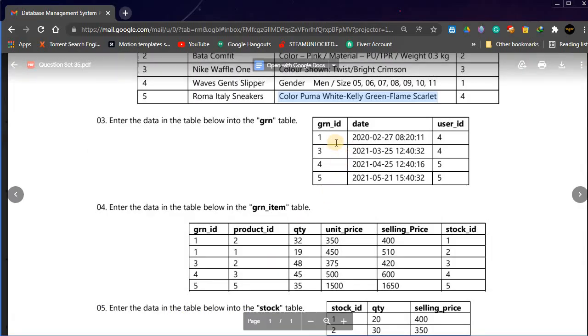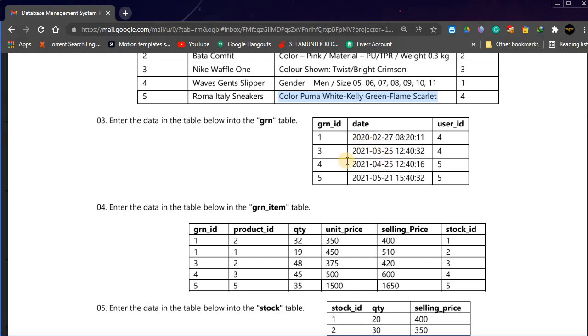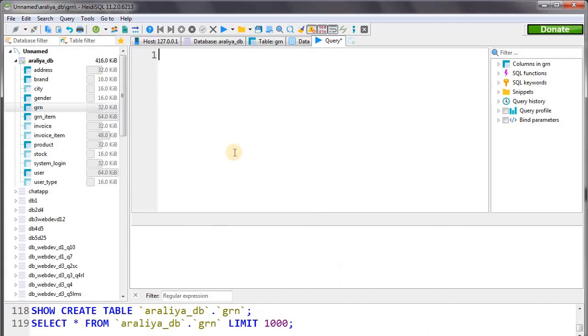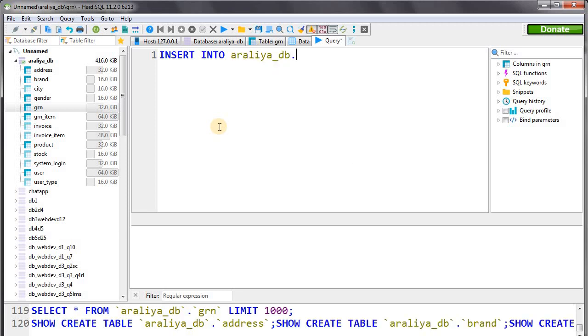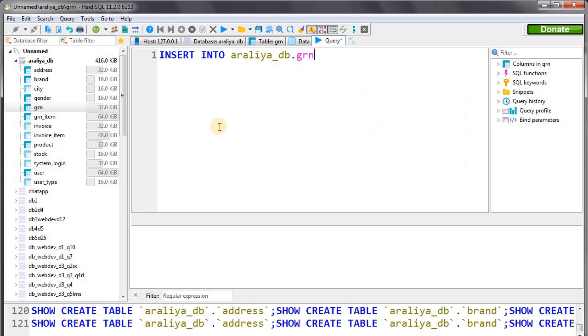Here's the table, and these are the 4 records we have to enter. Let's enter the first one. Insert into RLEDB, and this time GRN table. Here are the attribute names.